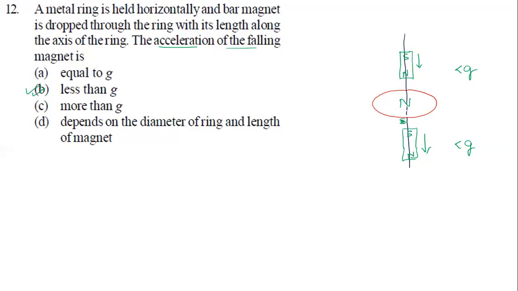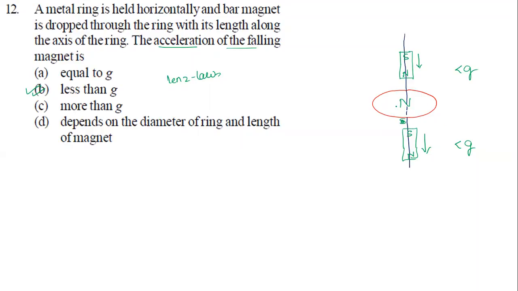So what is the option here? This is the option as per Lenz law. Why? Because the induced current always opposes the change in flux. If flux is increasing, it will try to decrease. If flux is decreasing, it will try to increase. So in the initial case flux is increasing, it tries to decrease, so it acts like north pole. But in the second case, as it's falling down, flux is decreasing, it needs to increase, which means it will attract back. So it acts like north pole again from the back side and will try to attract it. So always less than g when it is passing through it.